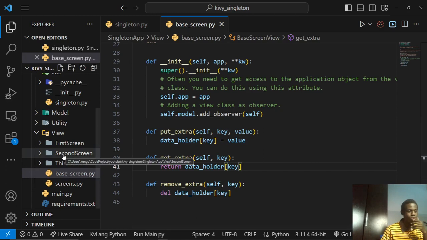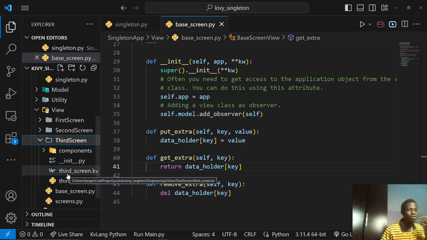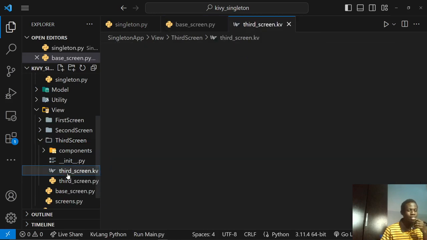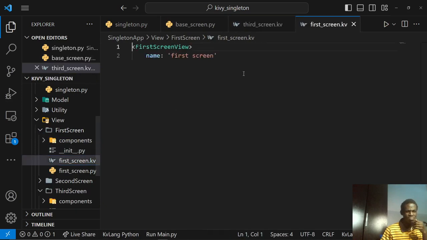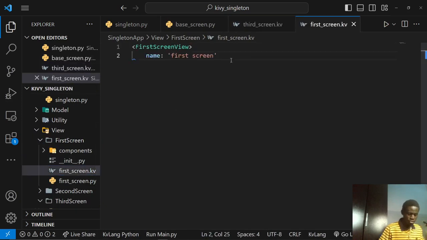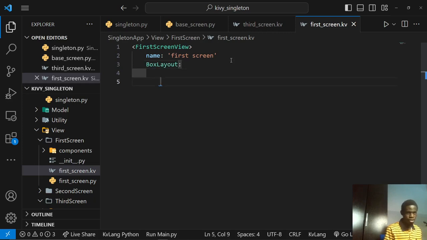In these three screens, what we're going to do specifically is, here I'm going to create basic widget, right? No, let's start with first screen. Instead of first screen, what I would like to do is to create a box layout of button and what? I don't know. Box layout. I'm going to create,